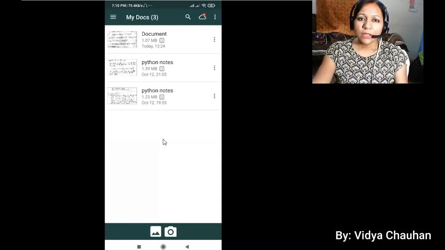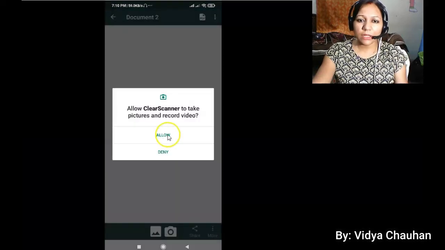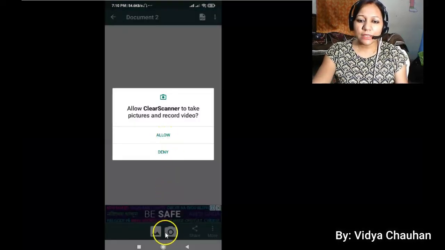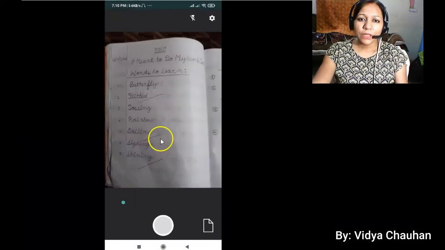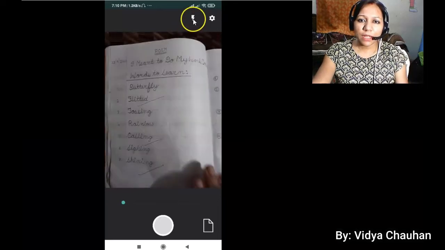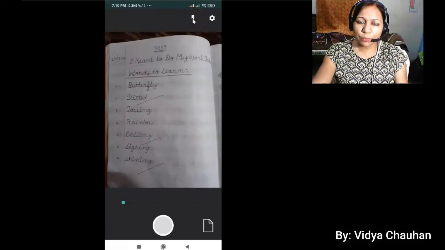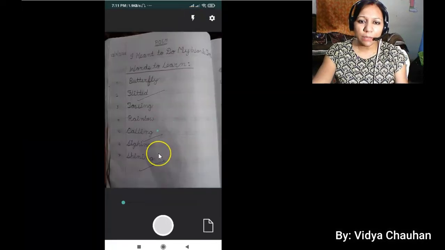After that, whatever assignment you have done in your notebook, you have to scan it, and for that when you click the camera icon, it will ask some permissions and you have to allow them. Then take your camera, focus it and choose the auto brightness option, that means your flash option, and then click an image.